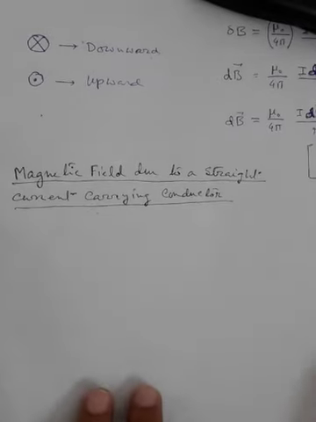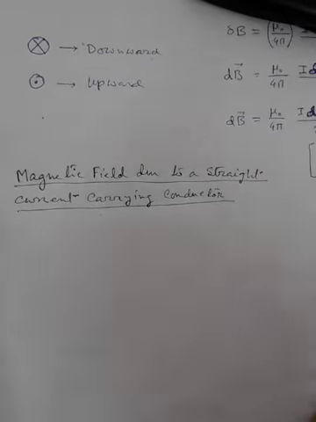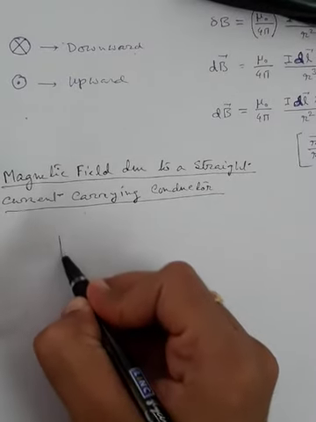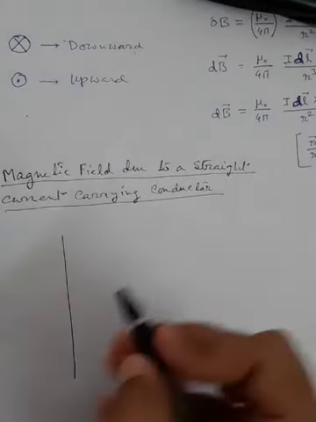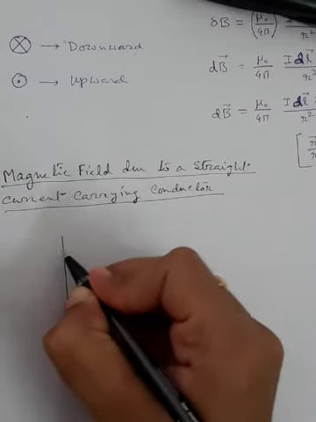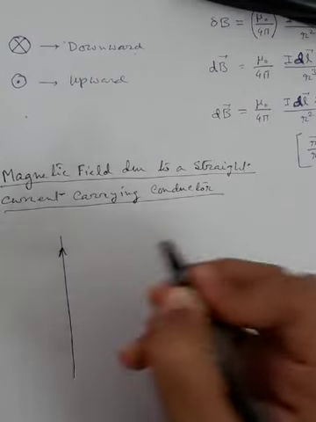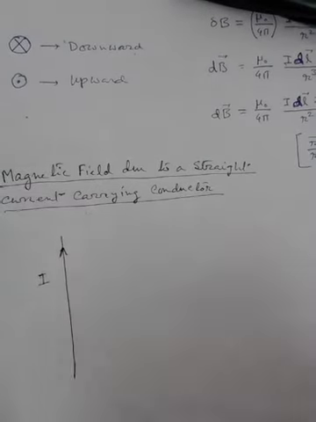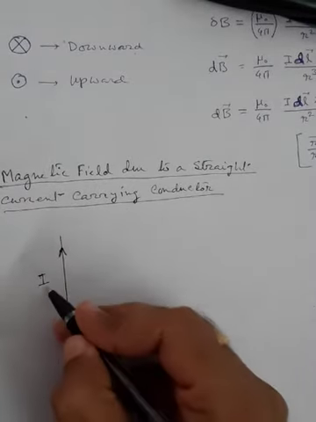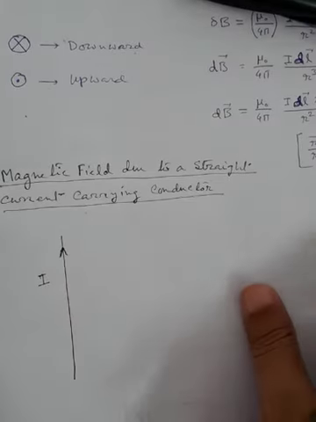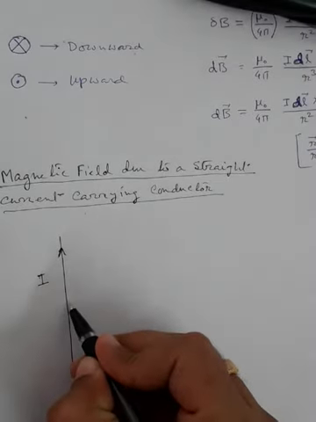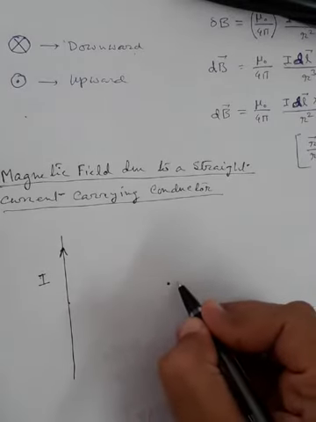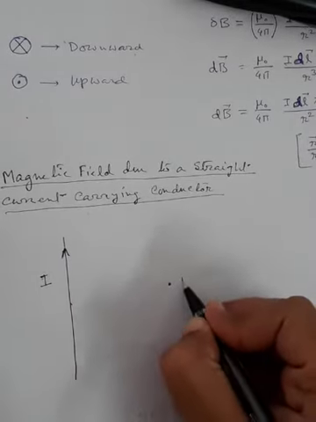Let us consider a straight current carrying conductor like this. This current carrying conductor is carrying a current I. Now, due to this current I through this conductor, we can find out the magnetic field at some distant point P